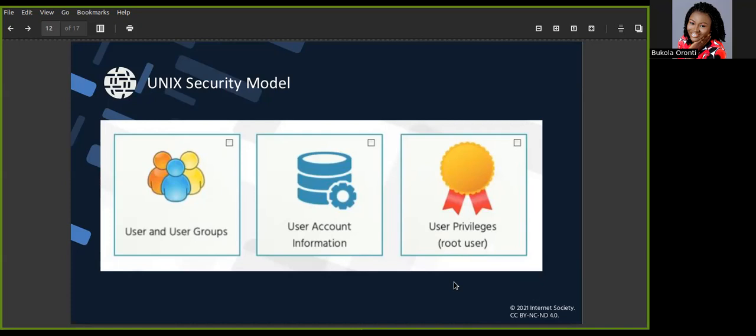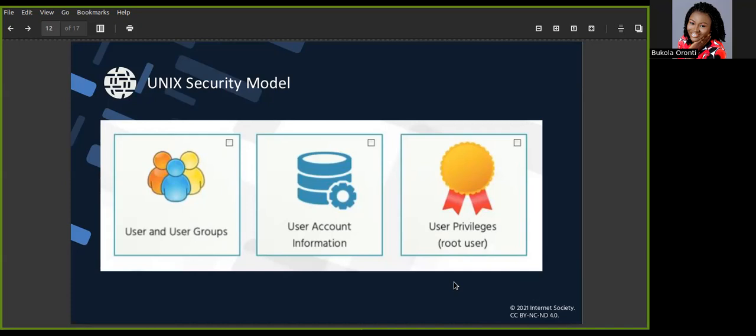These are the ones that control the file system or the directories. Will it give you access? Will it not give you access to a particular file, to a particular directory? Unix has its own security model. Now, a security model also defines user categories and the respective privileges assigned to them as groups or as individuals. So, as an individual using a particular system or device, Unix has provision within its operating system that allows user A to access all or limited parts of directories or the file system with files within the system.